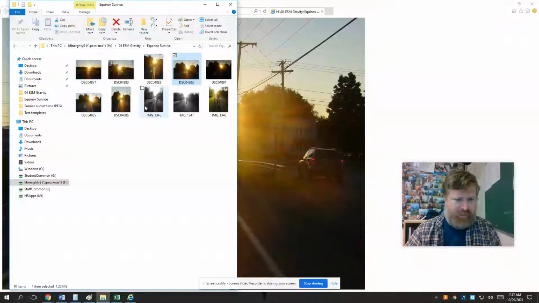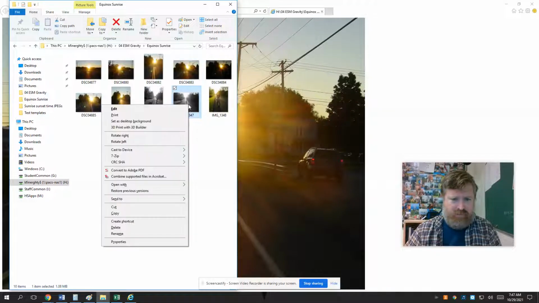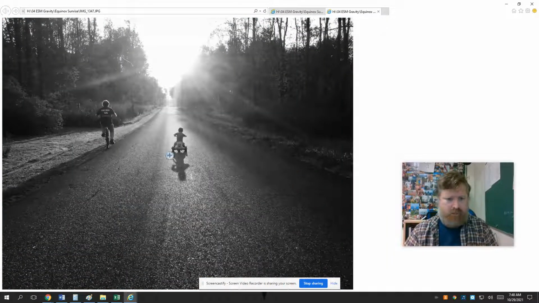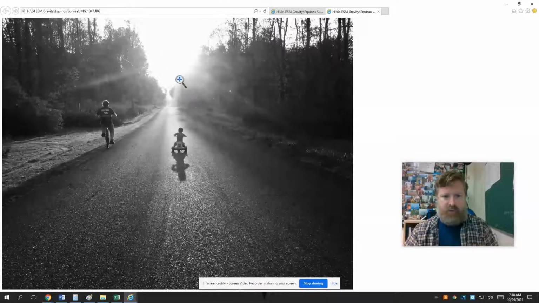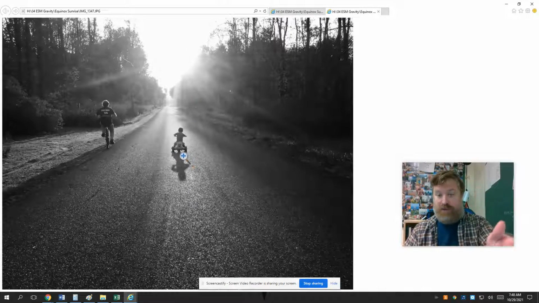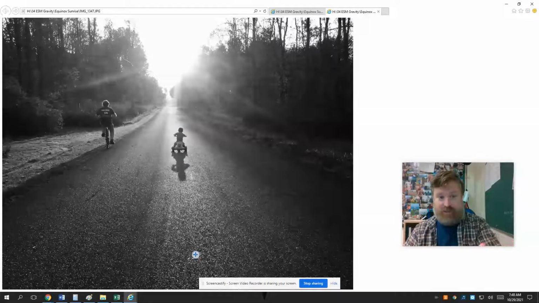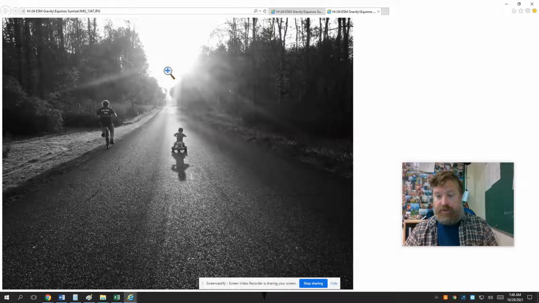Yeah, so I took multiple photos. Back home, my road also is... sorry, I've got to open these. We kind of have the same situation at my house where we've got due west. So this is near sunset, near the equinox, right there. And again, during the winter, it will creep off that way, and then it will come back for the equinox, and then during the summer, it creeps off that way.